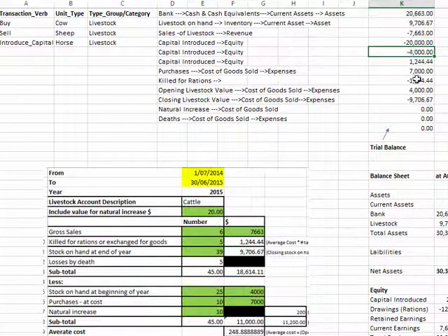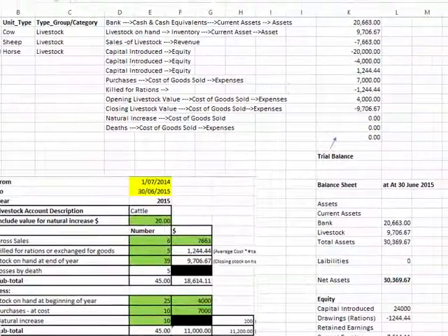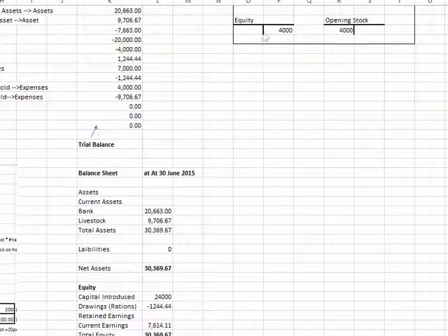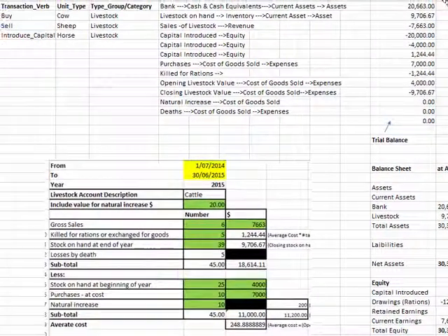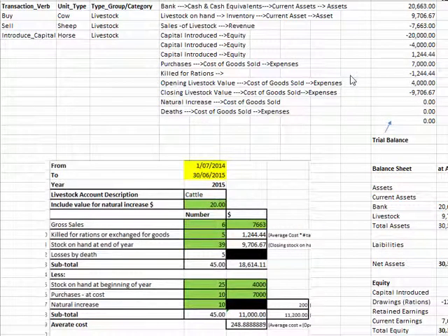So what's that capital? Well, we did have some opening inventory, so we've got 24 stock on hand of these cows at the beginning of the year worth $4,000. So just quickly whiz over here and you can see I've represented that opening balance sheet essentially inside here, just to give you an idea of where those numbers are coming from. So if we come back over here,